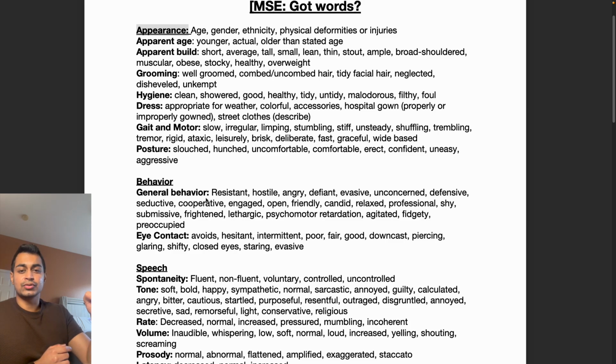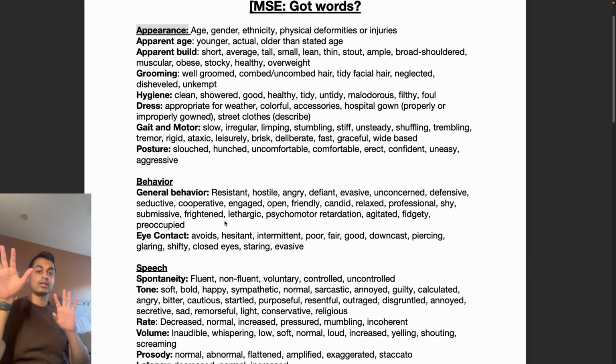For the eye contact, sometimes patients with schizophrenia who are actively having active visual hallucinations might be shifting their eyes, and you can document that eye contact was poor, evasive, and staring off to the side to the wall, kind of indicating that the patient might be having active visual hallucinations. Even if the patient, for example, was saying that they weren't having any auditory or visual hallucinations, but they kept shifting their eyes, that's a time where the subjective might not match the objective, and this is why these clinical findings are important, and to see what we need to do next, whether that be placing them on a hold, or increasing medication, or whether that just be